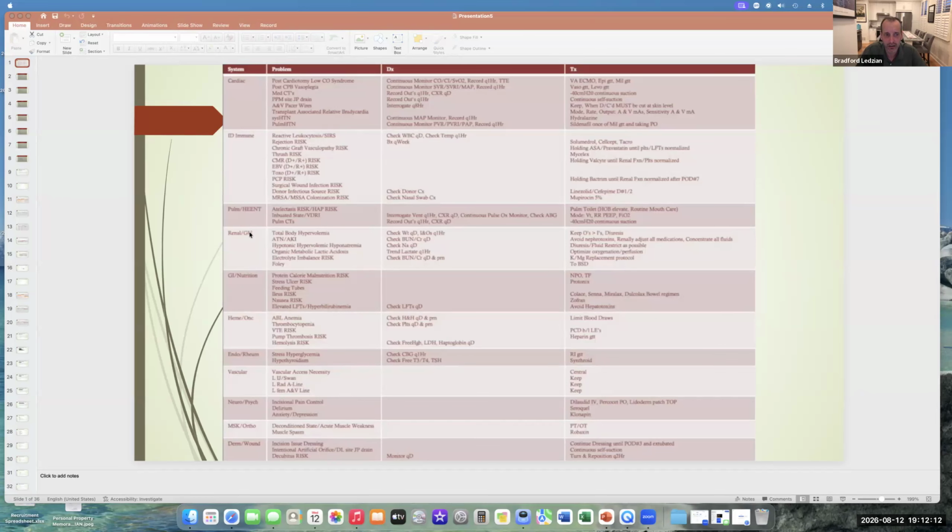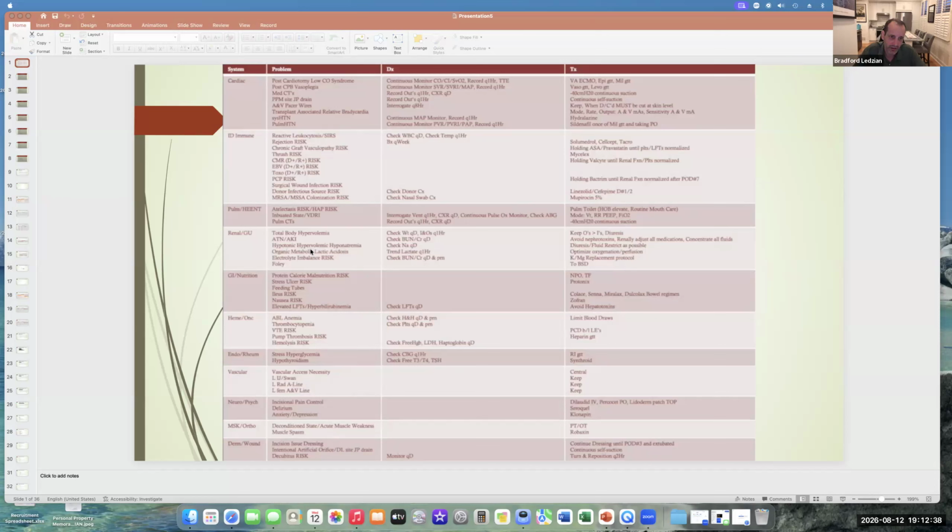Each day you should be looking at, under GU/renal, what is their volume status and what is your goal for the day? What is it you're trying to achieve, right? Are they autodiuresing? Perfect. You don't need to do anything. Is their urine output not really what it should be? Maybe they need additional assistance. Maybe they've already been getting diuretics and the diuretics haven't really been working despite escalating doses. Maybe they need renal replacement therapy. You want to ask these questions.